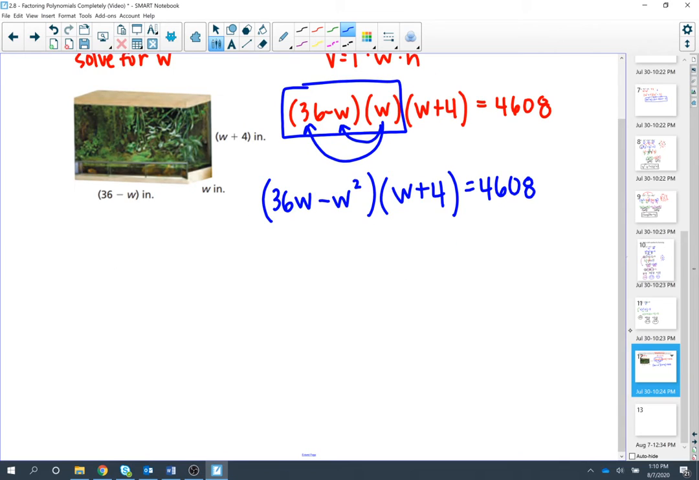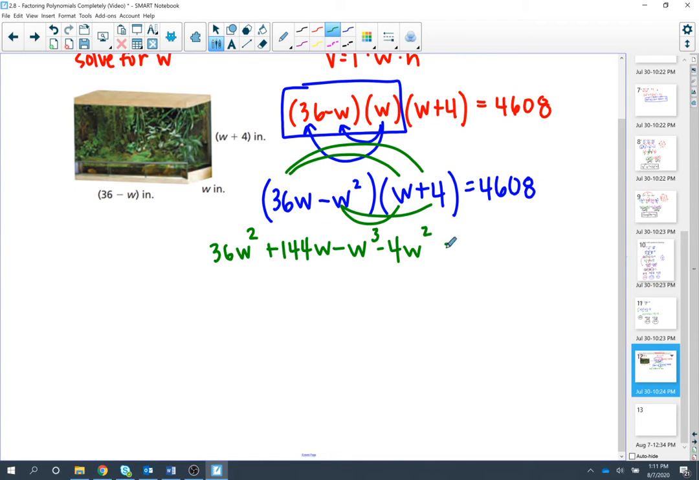Okay, now keep with our multiplying. Now you have a binomial and a binomial, so we're going to distribute. So 36W times W is 36W squared. 36W times 4, and again, I have to grab my calculator for this. I'm going to use my phone. 36 times 4 is 144. So plus 144W. Negative W squared times W is negative W cubed. And then negative W squared times 4 is negative 4W squared equals